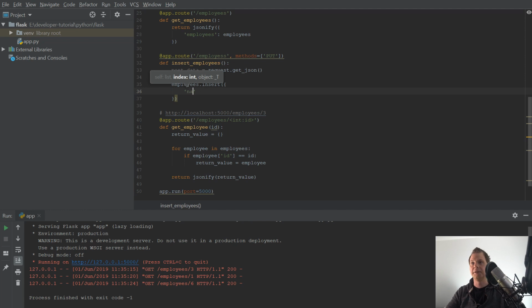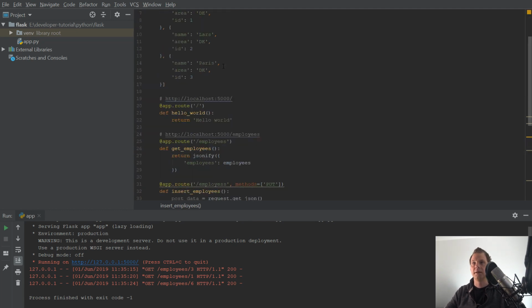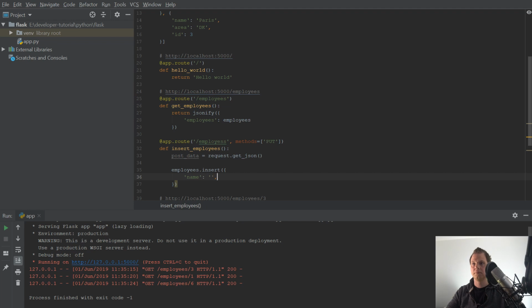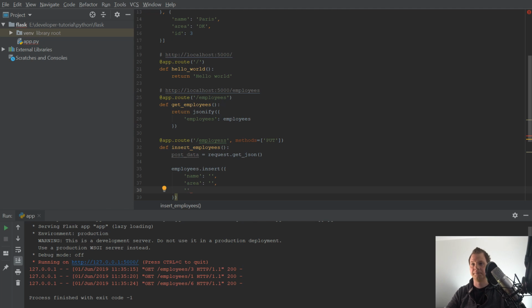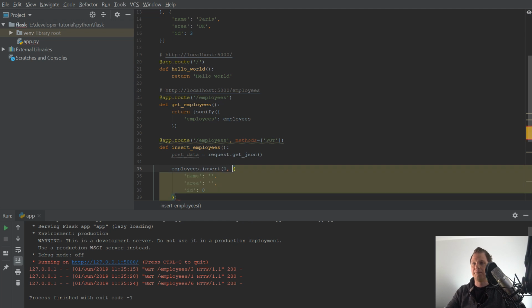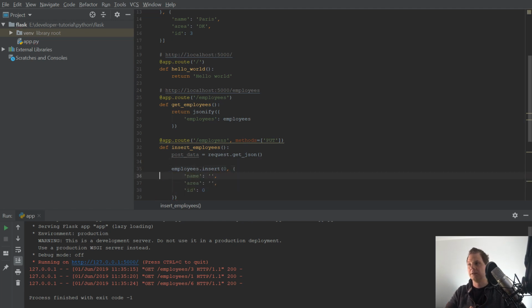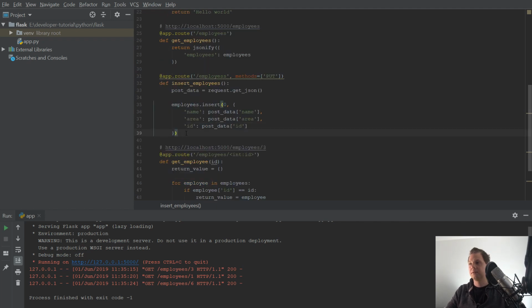It should be a name and area, and employee ID, just called null, and then I will push it inside the first array, so it doesn't matter. I just want it here. So the post data here should contain a name, should contain an area, and should contain an ID. When we have this correct,